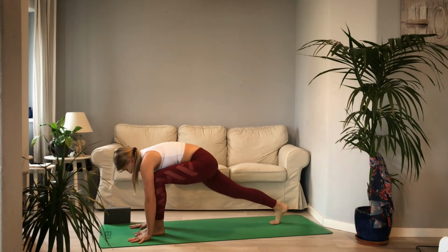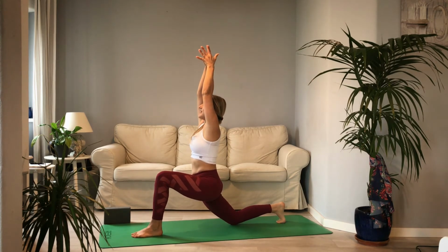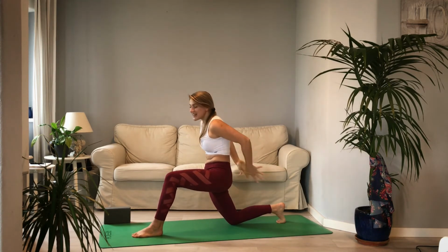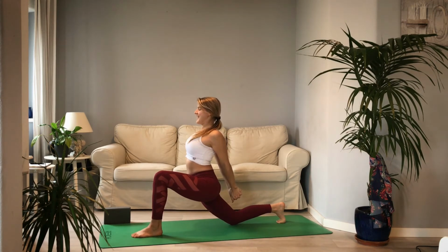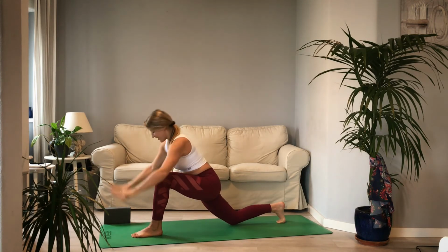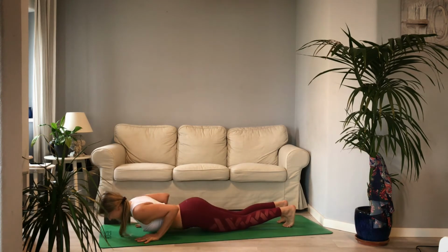And from here, right knee comes down. Reach your hands up overhead, navel in and up, or slight back bend. Okay, coming back here, draw the navel in, interlace the hands in the back. Inhale, lift or open the chest. Squeeze the palms together. And on your next inhalation, reach your hands up, both hands down, big step back, knees, chest, chin, coming down